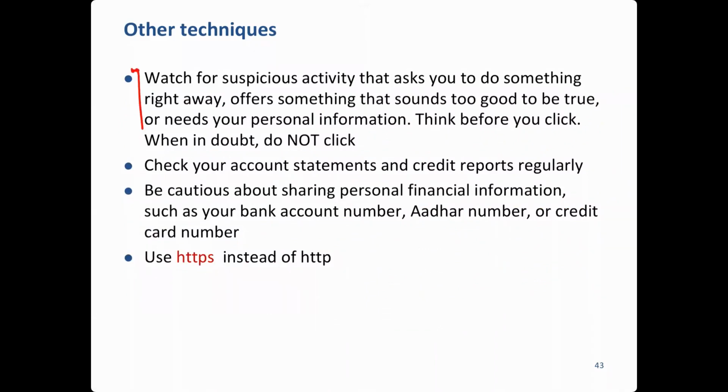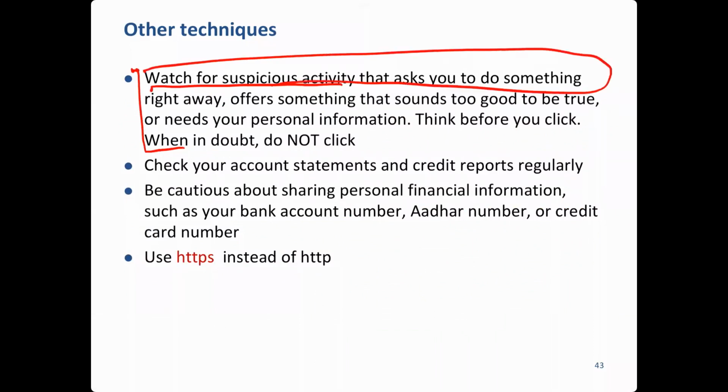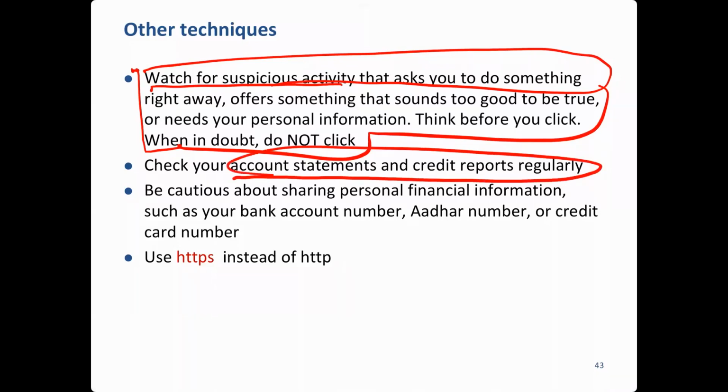And a very important thing is suspicious activity. In real life, if somebody is asking you for something very specific, say you get a call that your friend has met with an accident, and can you immediately send money, he's in hospital, needs 1 lakh of rupees? Would you do that? First verify, collect data, authenticate, and then do it. Without authentication and verification, don't ever get into any of these transactions. Check bank account statements periodically. If there is malicious activity, change all credentials, inform officers or whatever, right?